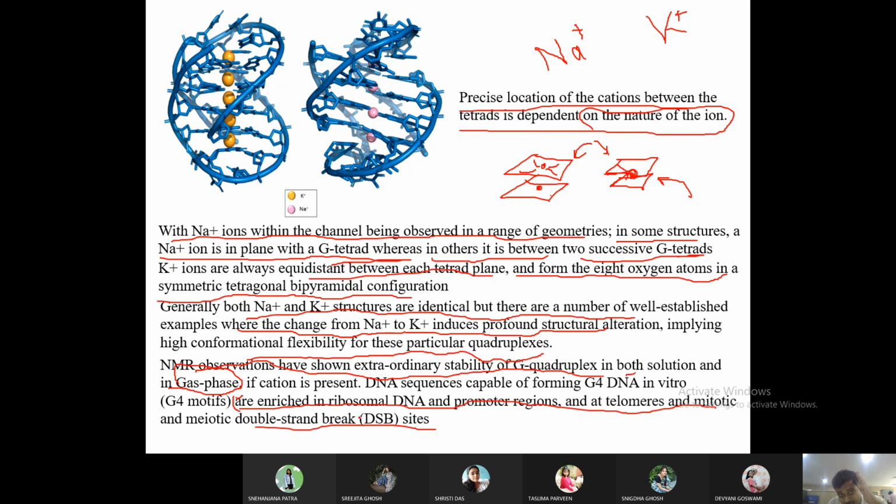So NMR spectra, sometimes we can do in solution, which we generally do for biological molecules, and also we can do in gas phase. No biological structure is generally stable in gas phase, so we have to do it in solution, and that is why the technique is named solution NMR, except for this structure. This structure is also stable when it is a gas.